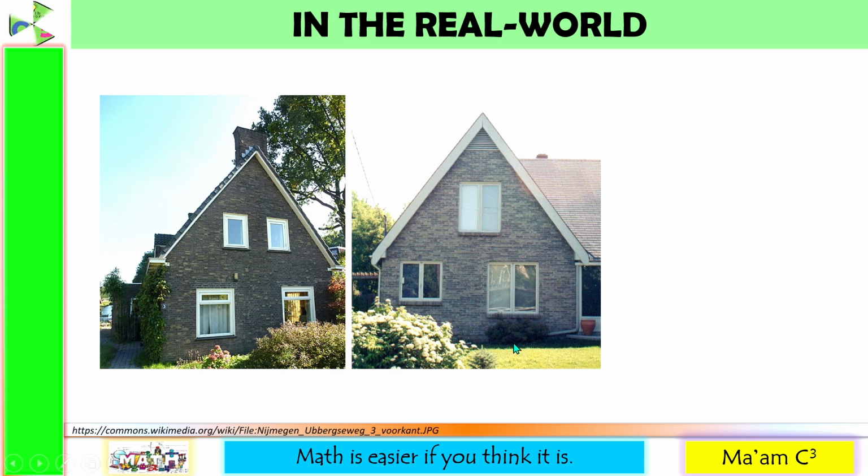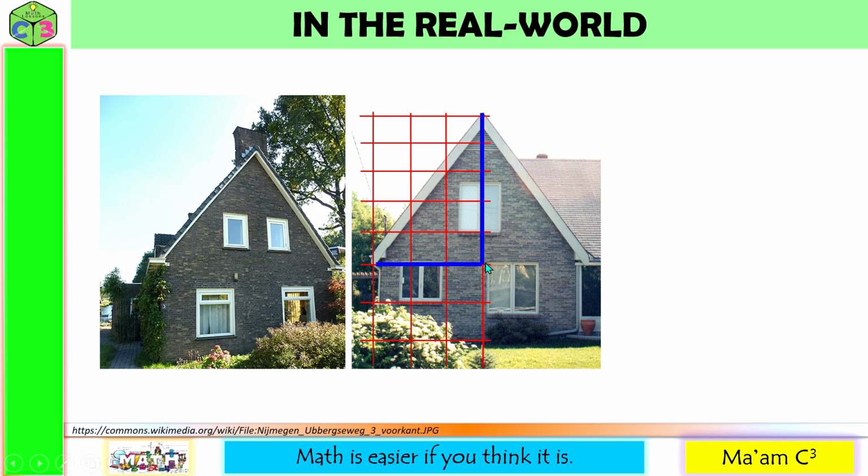In our previous lesson, you have learned about the Cartesian plane. We are going to apply that to determine the pitch of this roof. Let us create a Cartesian plane. I'll consider this point as the origin. I need vertical rise and horizontal run. So from here, going up would be 1, 2, 3, 4, 5. Let us say 5 meters. And from here, going here would be 1, 2, 3, 3 meters.